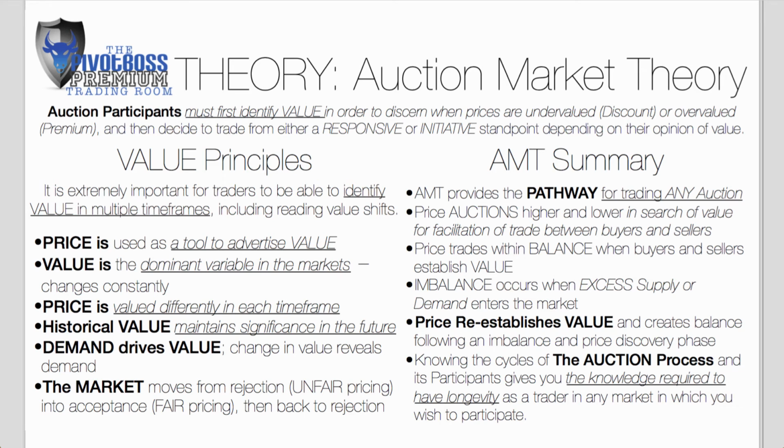That's the number one thing to keep in mind right here, is price auctions higher and lower in search of value. In search of value, because remember, the number one reason that the market is around, the only reason why we have any markets, is to facilitate trade between buyers and sellers. How do you facilitate trade between buyers and sellers? It's by finding a value area where buying and selling can occur. So if you break it down into simple concept,